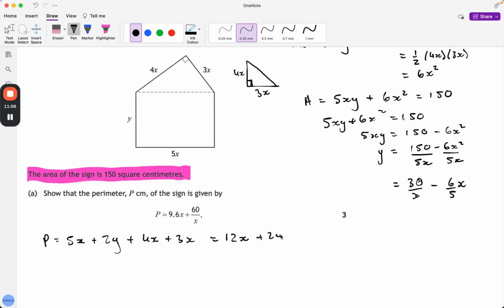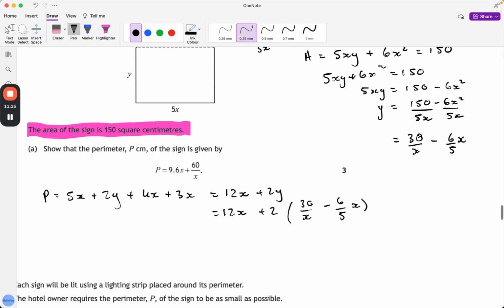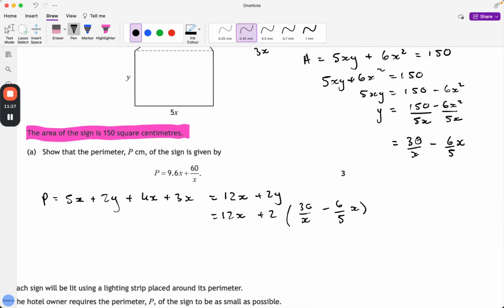and then plus 2y. However, we have said that y is actually equal to 30 over x minus 6 over 5x. So I'm just going to rewrite that. I've still got my 12x at the start, and now I've got 2 times our 30 over x minus 6 over 5x. And I can make this a little bit nicer. I'll write it over here to begin with, and I'll come back down. So we've got 12x, and then I'm multiplying both of these things by 2. So we're going to have 60 over x popping out there, because 2 times 30 is 60. And then over here we're going to have 2 times your 6, which is going to give us a 12